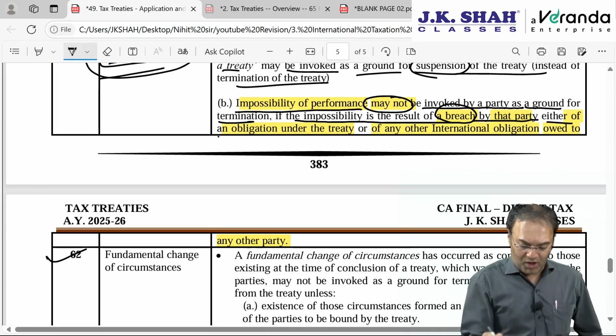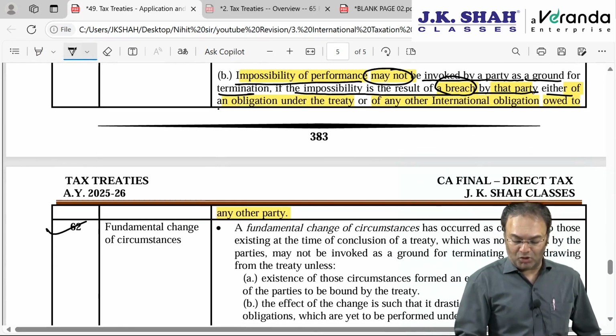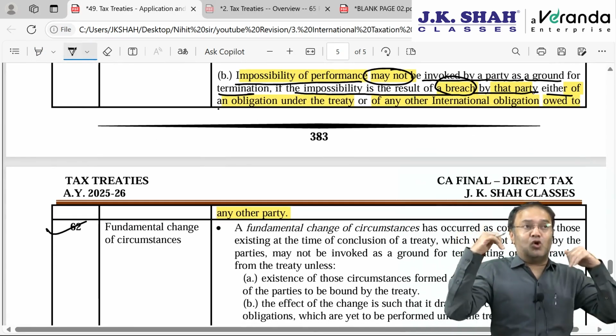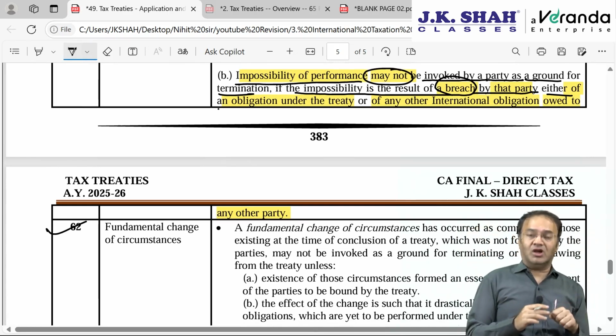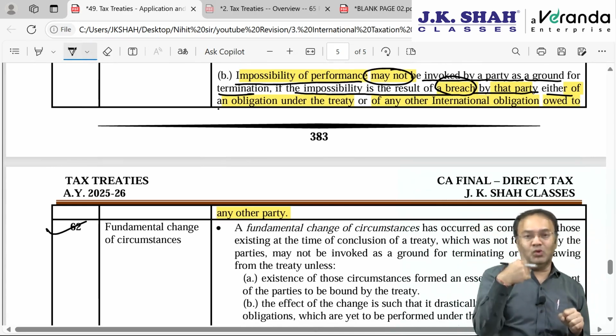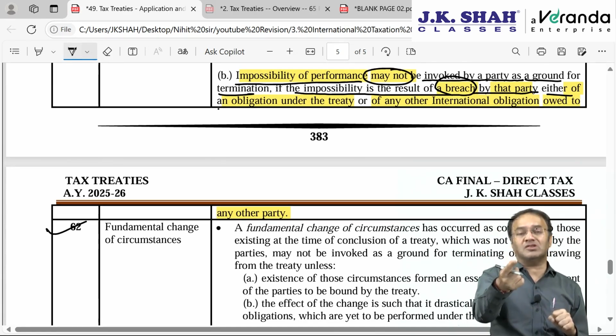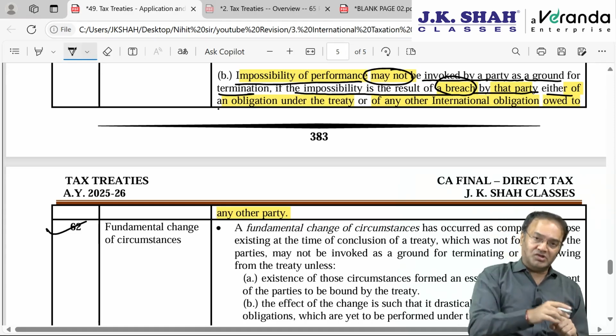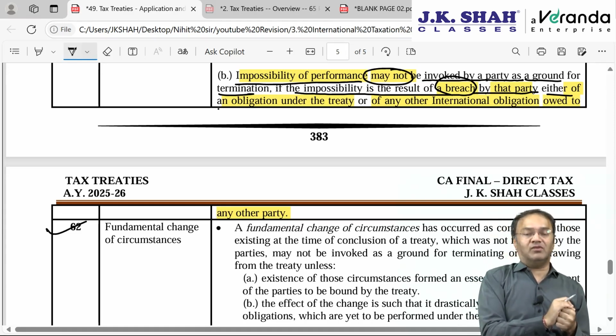So now this, what happens is, this is interesting, keep it in your mind. Since there is no authority to take legal action against the breaching party, if you and me enter into agreement and you breach something, then I can lodge a police complaint, I can go to the court, get you arrested and compel you to comply with the treaty obligation, or I can ask you to pay compensation.